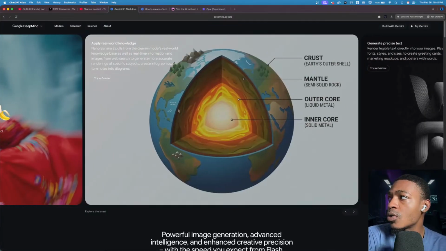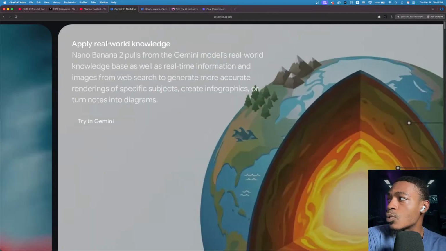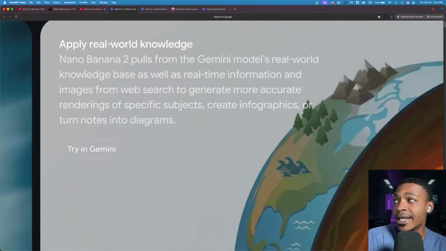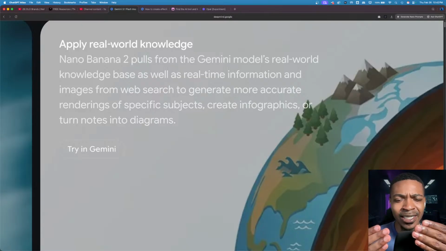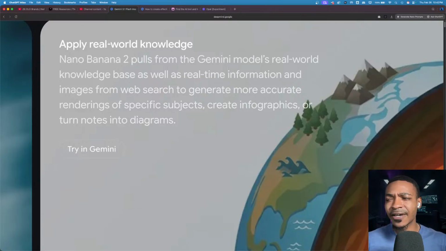Okay, so it applies real world knowledge. Nano Banana 2 pulls from Gemini model's real world knowledge base. So it should be more world accurate. You won't see many things like multiple limbs or a house inside of a different building. You won't see stuff like that because it now has more world knowledge, and also rendering of specific subjects,